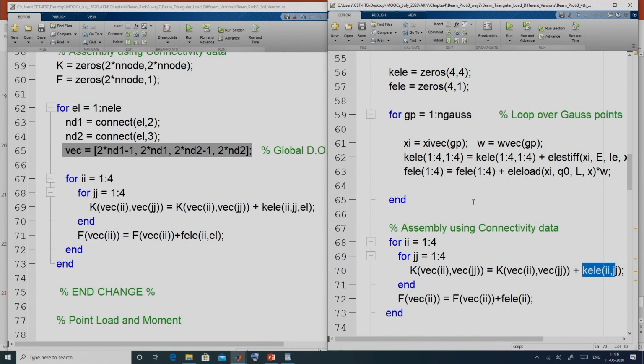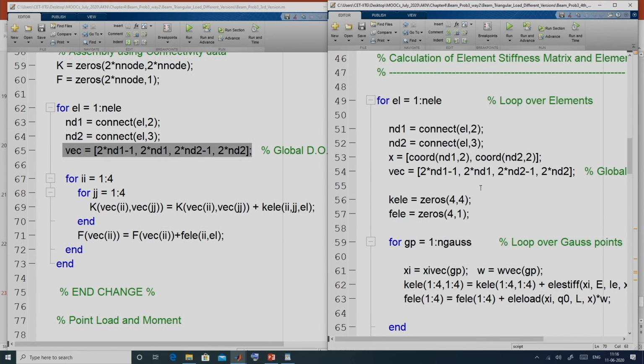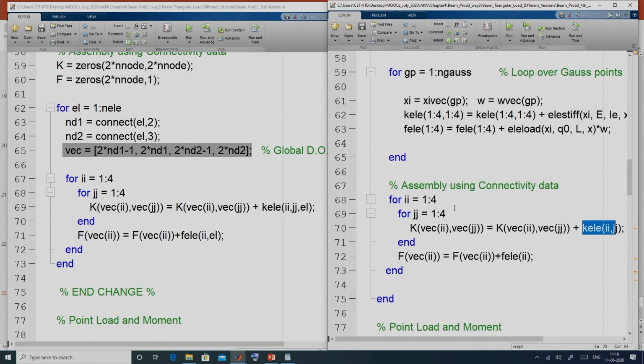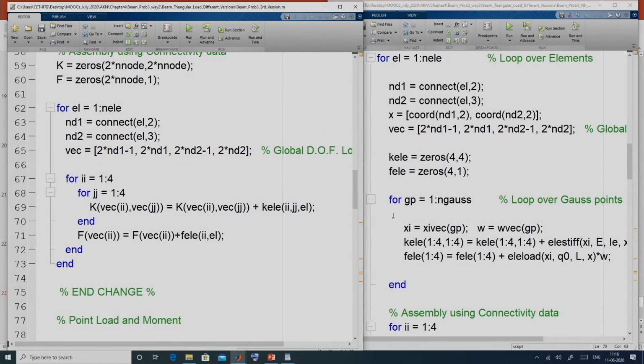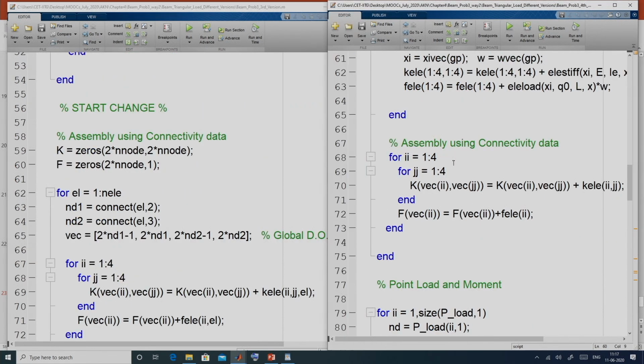So, here you can see this KLE is 4 cross 4. It is only local to this element loop. We are not storing the element stiffness matrix for all 3 elements. We just calculate it for that running element, 4 cross 4, and in the same element loop we assemble it in the global K. Similarly, here FLE is 4 cross 1 and we assemble it in the same element loop.